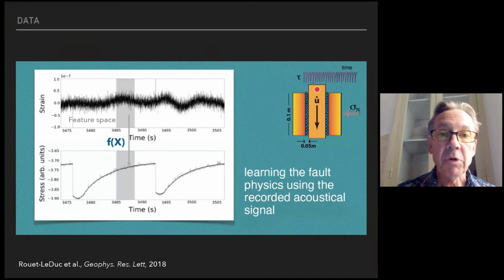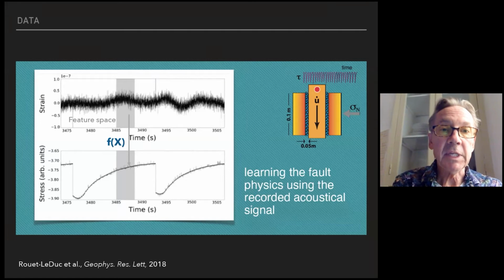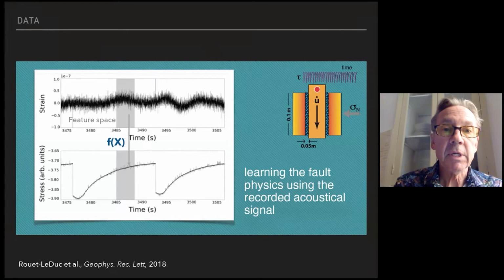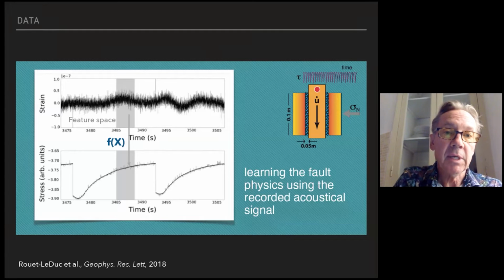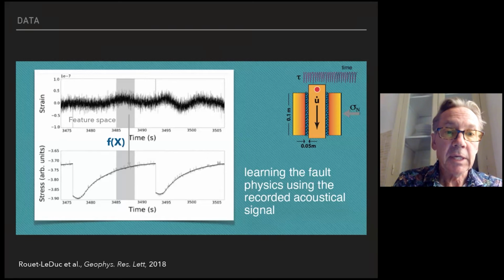So that's the approach. We apply a moving window analysis. You move a window through the time series signal, and at each moment in time, you pose the question, can I map information from that acoustic emission signal to the shear stress? And so that, again, is the procedure we're using. And in the next slide,